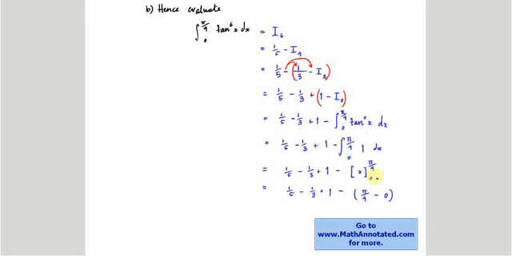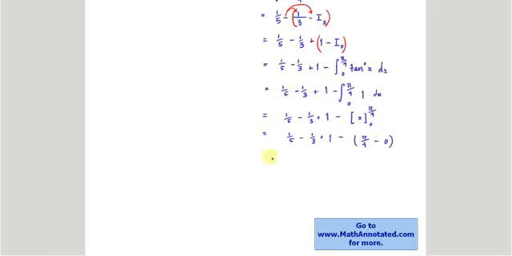Why? Because remember, it's really x from 0 to pi on 4, so we just substitute pi on 4 and 0 into x minus x in each case, and that gives us,